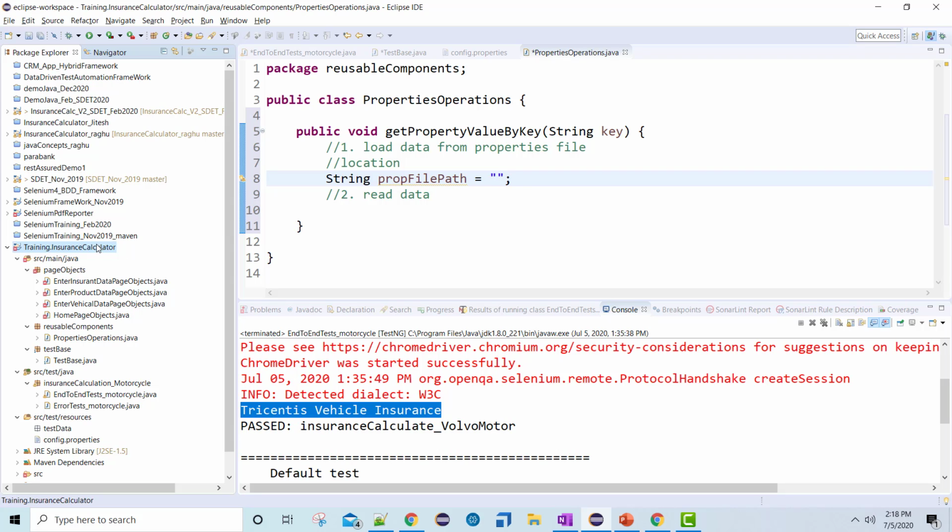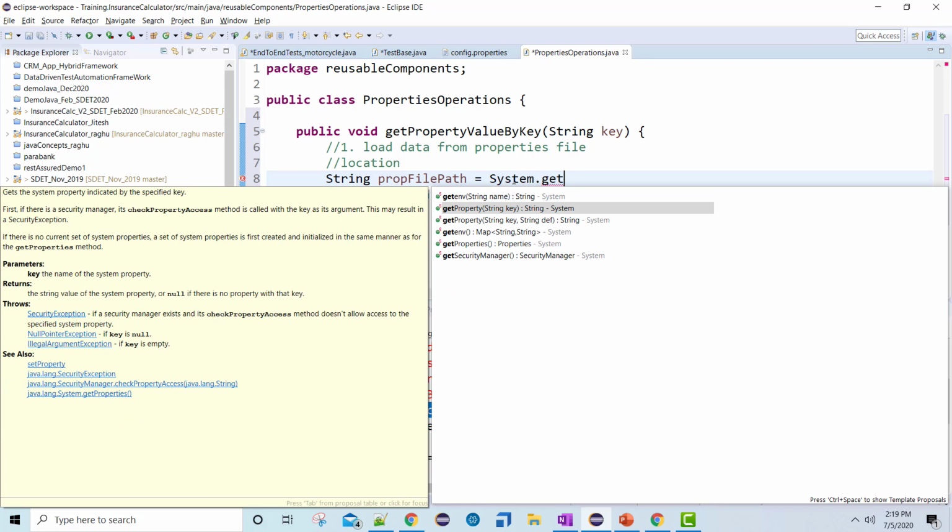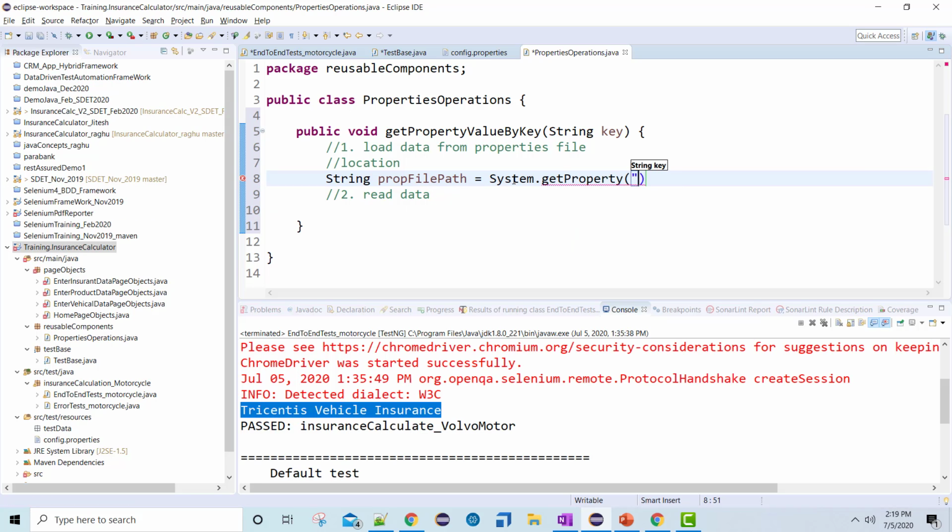Now, how to get the project directory? To get it, we have System.getProperty, and my property is going to be user.dir, which gets the current project directory.